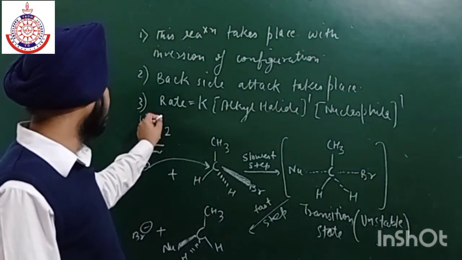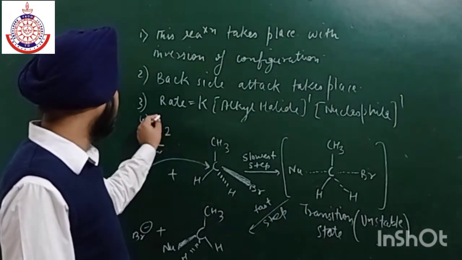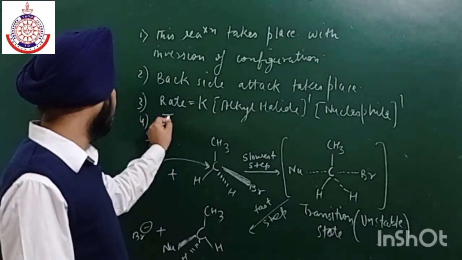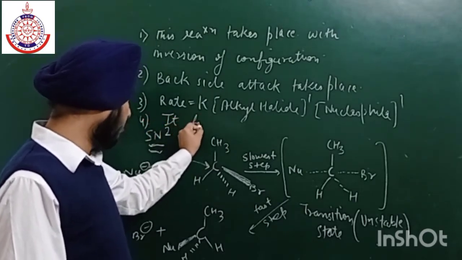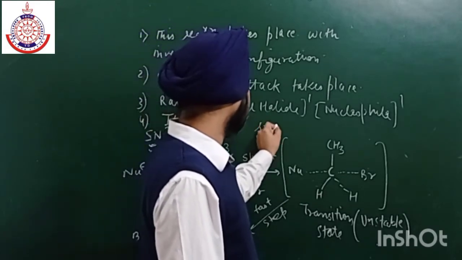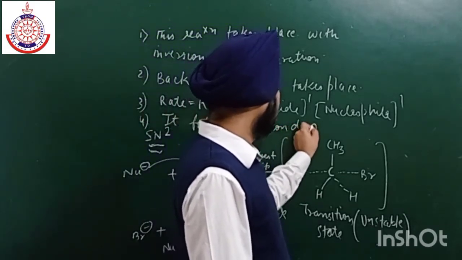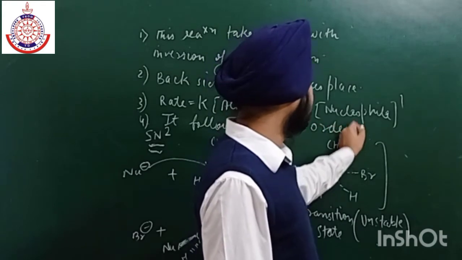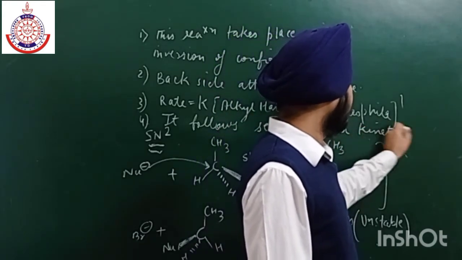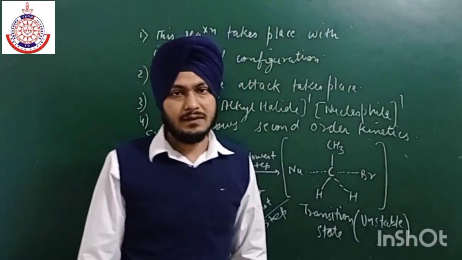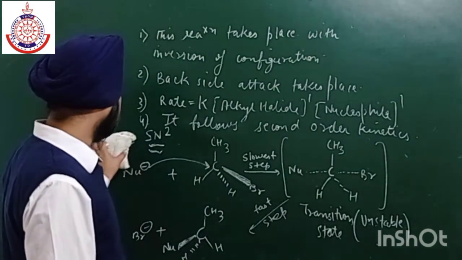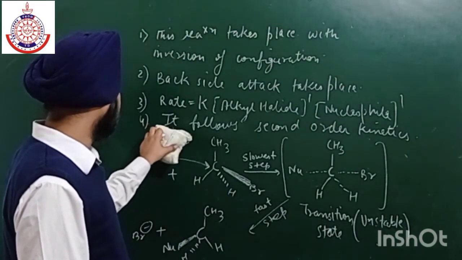तो पहले यही point लिख लेते हैं. And firstly we have to write the kinetics. Okay, it follows second order kinetics. And same points you have to use while differentiating between SN1 and SN2. Okay, SN1 और SN2 के लिए भी हमने same points लिखने हैं. Okay, next is